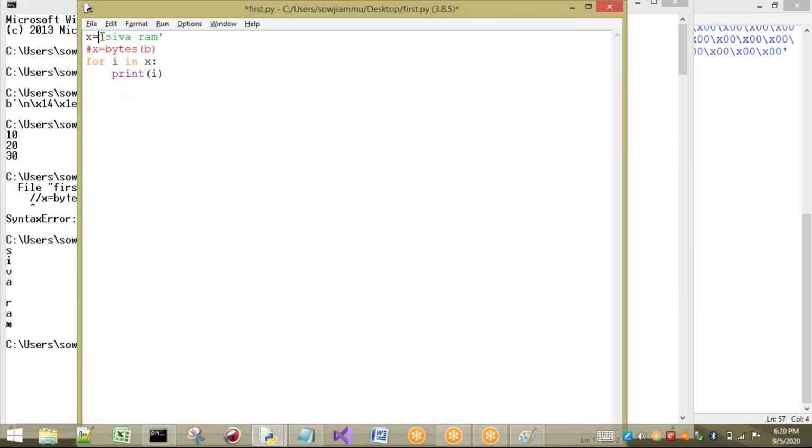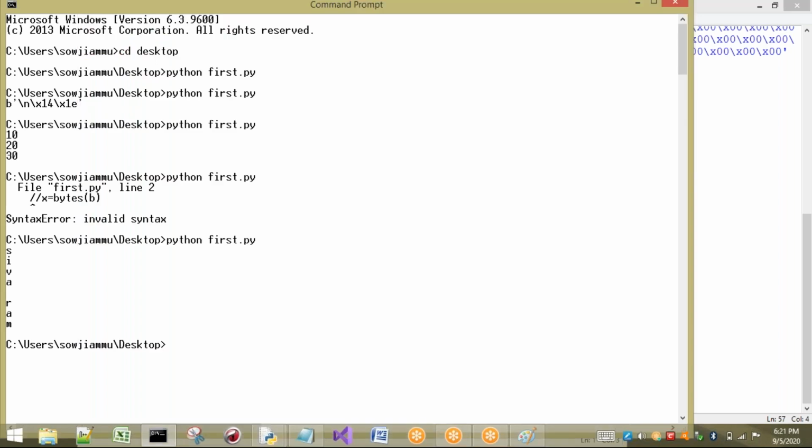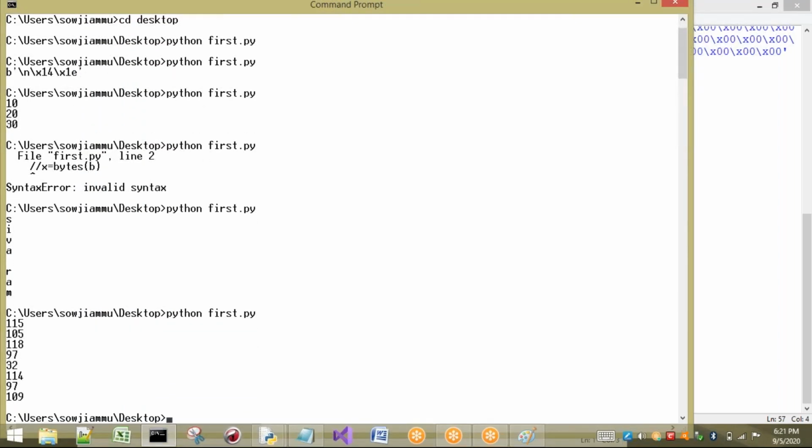But now what do I want to print? I want to print the bytes. Now Shivaram will not be printed. The reason is I want to print the byte value, not the S, not I, not V. Now you can see some numerical values here. What are these? 115 is nothing but the Unicode for S. And the next one, I, is the Unicode 105. In the same way, V and A. What is this? 32. 32 is for space. For space also we have some ASCII code. In the same way, RAM: R is 114, next A is 97, and 109 is for M.